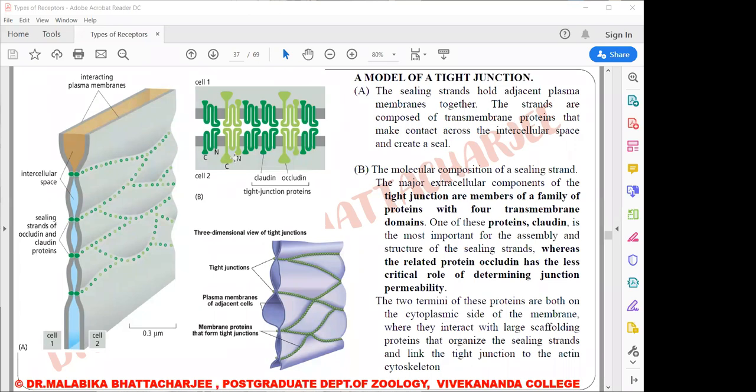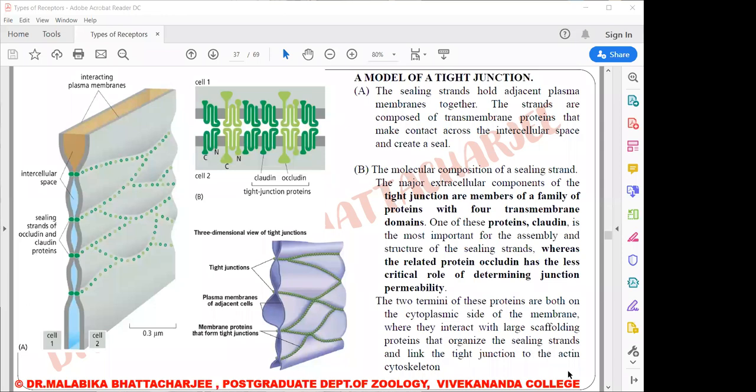If you look into the structure, they are basically thin bands. You can see the structure. They're basically thin bands that completely encircle a cell. If you look at the tight junctions here, they are thin bands, and you can see they are encircling a cell. You can see how the junctions are moving through the cell and how the 2 membranes are attached. So they are thin bands that completely encircle a cell.